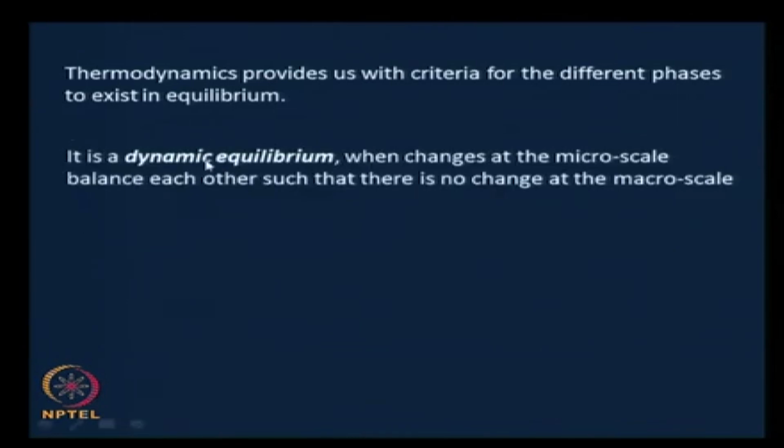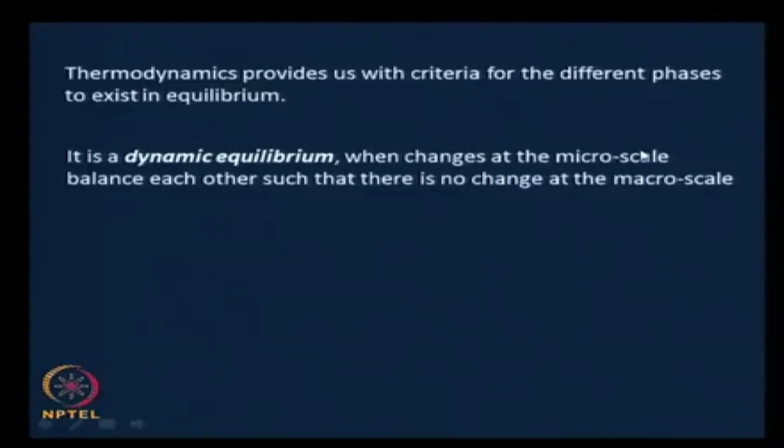Before we look at the conditions, we need to understand that it is a dynamic equilibrium, which means that there are changes occurring at the micro scale, and those changes occurring at the micro scale balance each other so that there is no change at the macro scale. We had given the example of a substance going from the liquid phase to a vapor phase. For example, water, just pure water, going from the liquid phase H2O that we know of to the vapor phase,